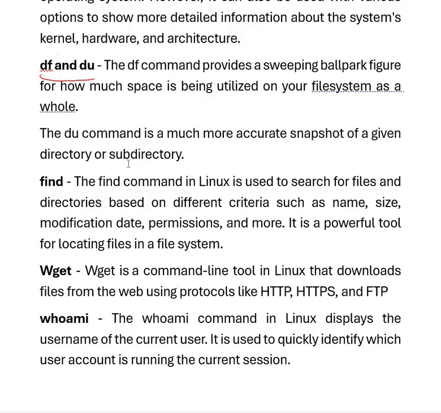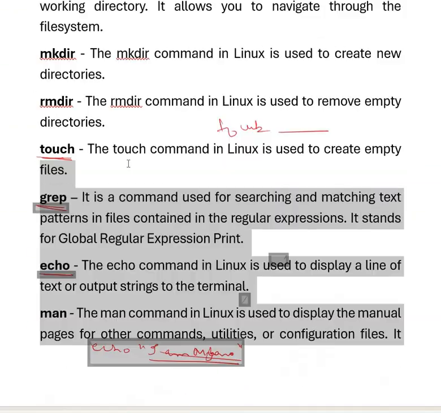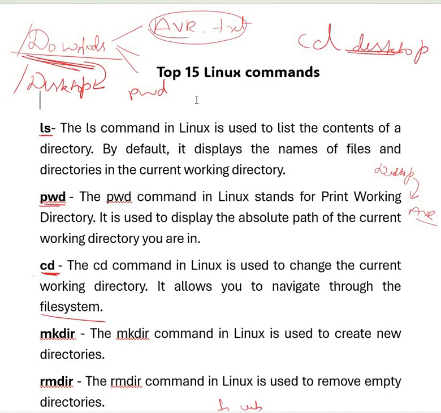That's it. I hope you found this video useful. I think you have understood each and every command. In my next video, I'll try to explain very practically how to run these Linux commands. But I think you have understood and have a clear idea about Linux commands, and I hope this helps you answer questions about Linux commands as well.